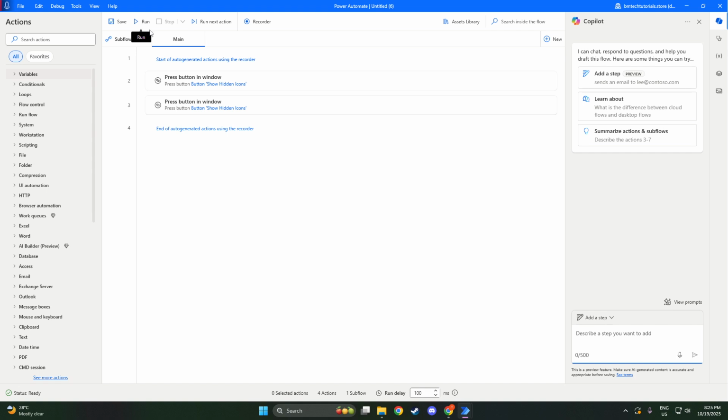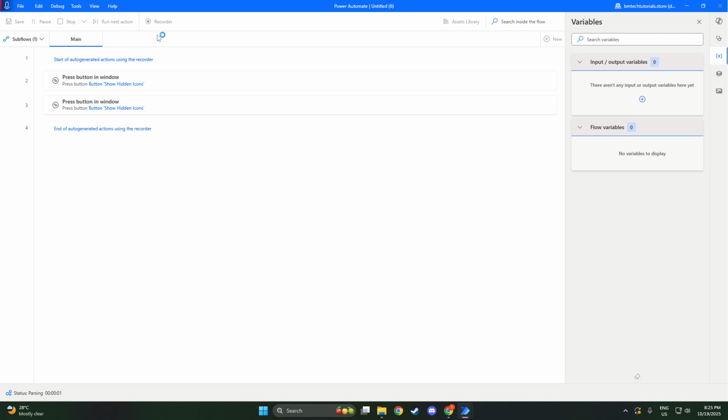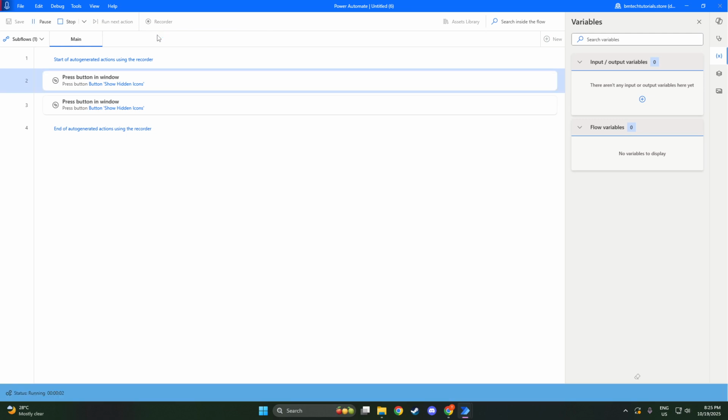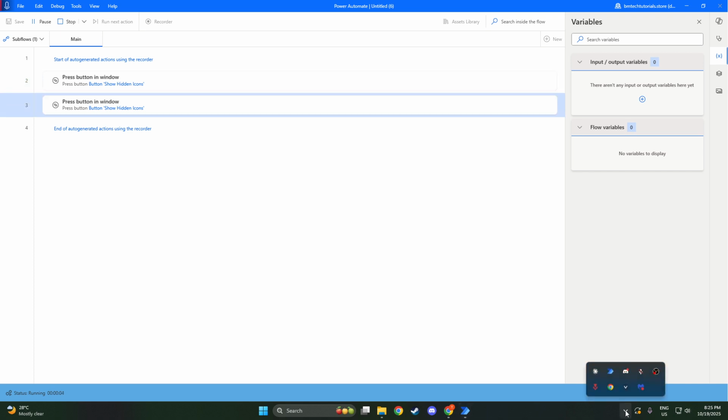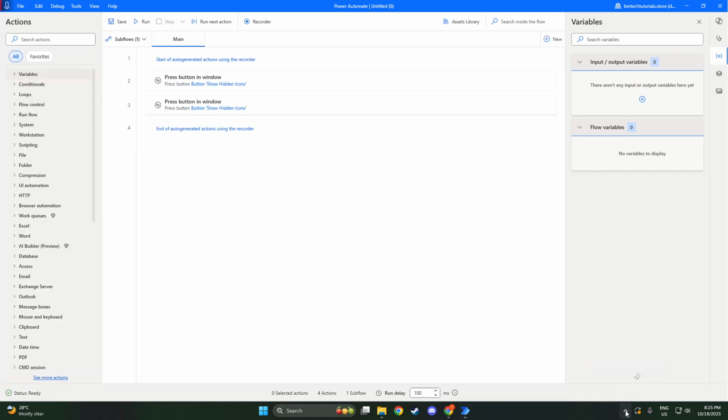That's all there is to it. By following these straightforward steps, you've successfully used the recorder in Microsoft Power Automate Desktop to automate your tasks. It's a powerful first step towards making your everyday computing tasks more efficient, freeing up your time for more important